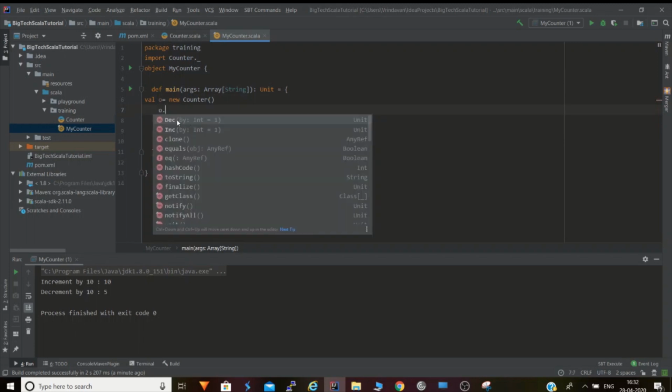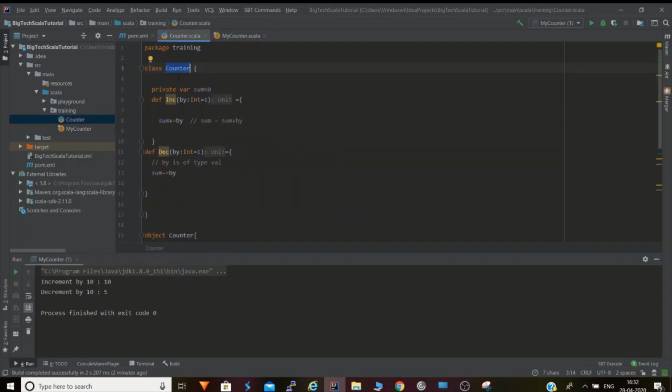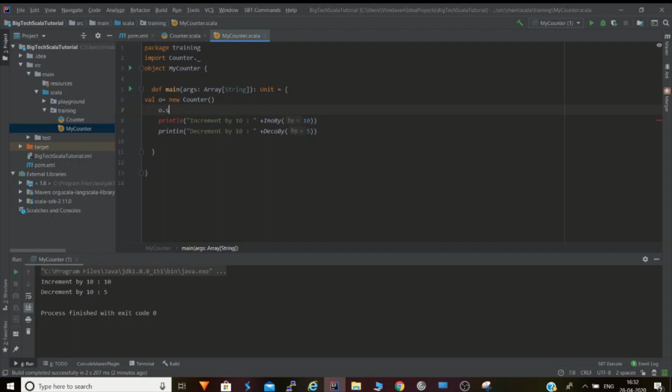We can access the increment and decrement methods by creating an object of this class. But there is no sum. We cannot access the private member of that class. So I hope your private member concept is also clear, and the companion object and classes concept is also clear, that companion classes and objects can access each other's private members. And we have developed the Scala application also.